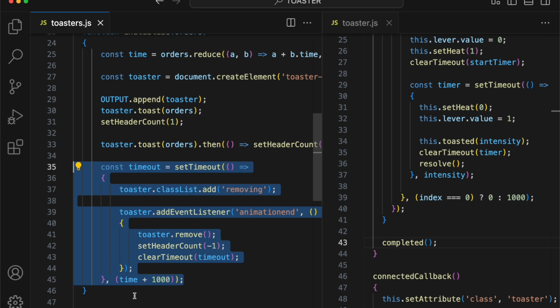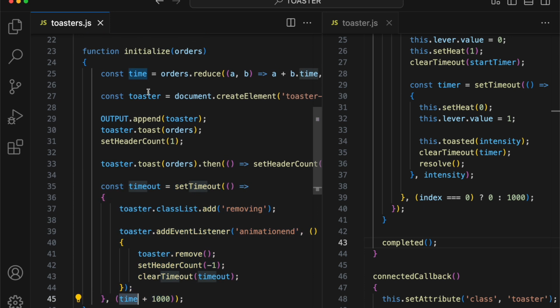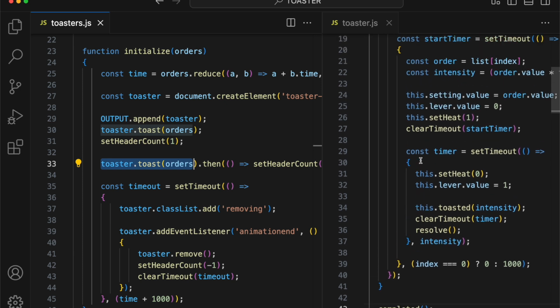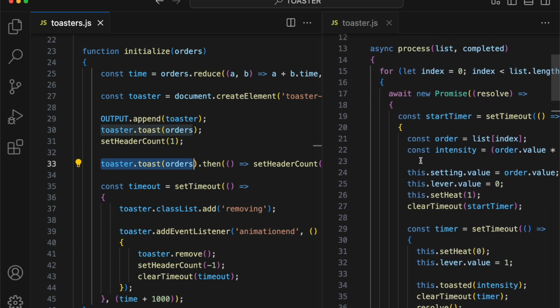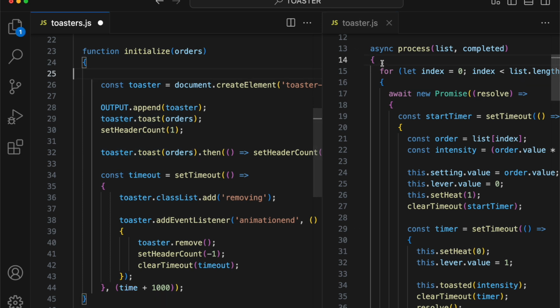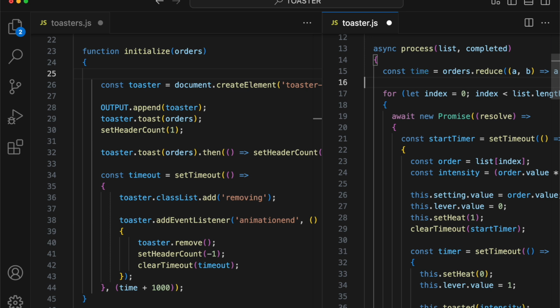And to do that, we need time, which is done here. And we know that time is based off orders. And we know that the orders are passed into toast, which means we can move all of this outside of here. So we're going to go back into the process method here on the right. Let's see if we can find it here. And let's see, this should be before we get in here. So I'm going to grab this entire line. I'm just going to cut it out, enter, and put it at the top line of